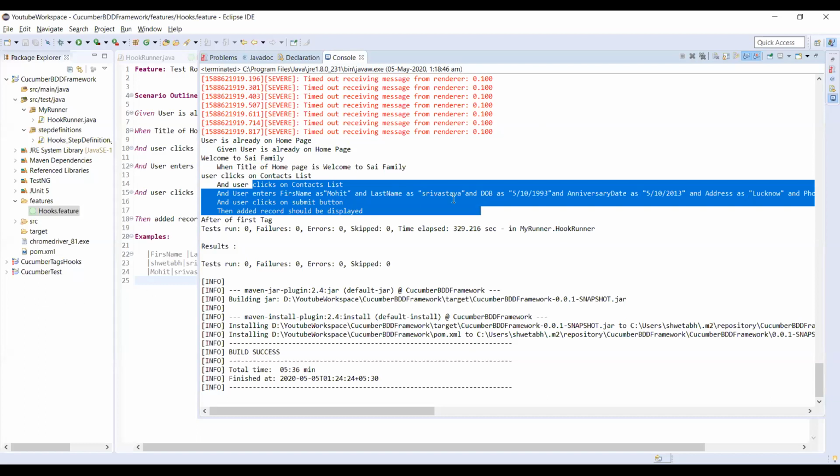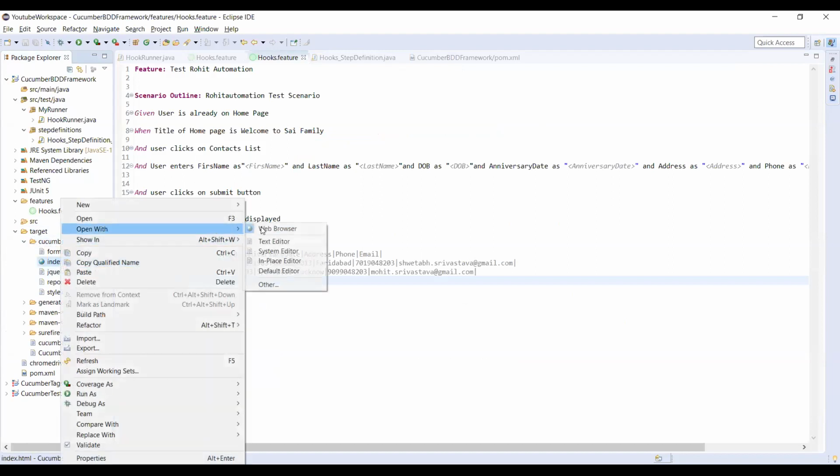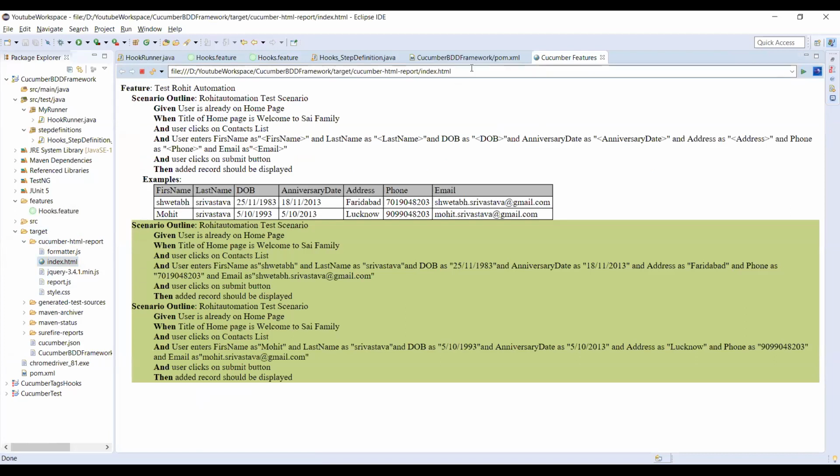Now after this we will show you the output directory, the target directory. We will refresh this. See, it has added some records. It has created one folder called Cucumber HTML report. If you expand this, you can see one file called index.html. Just open this in a browser. So you can see